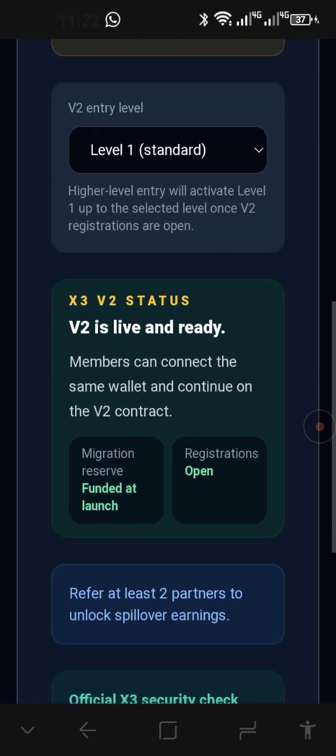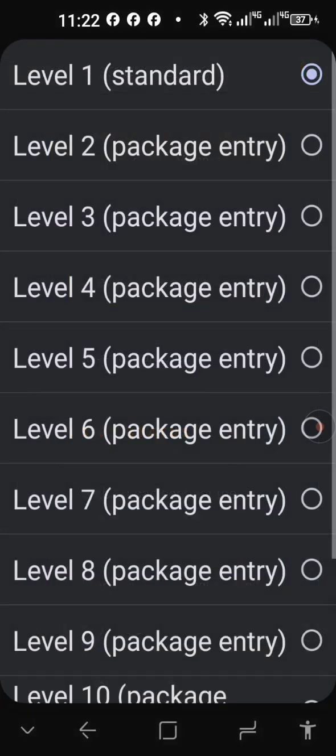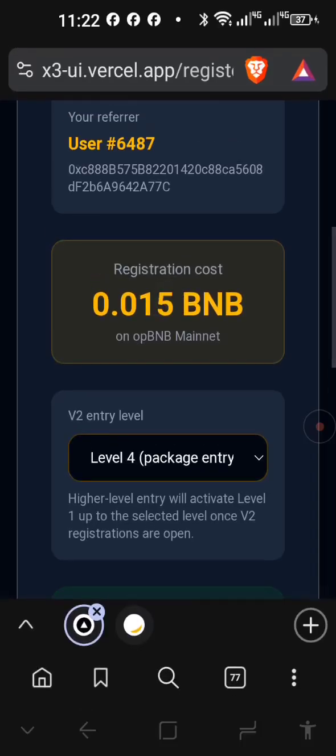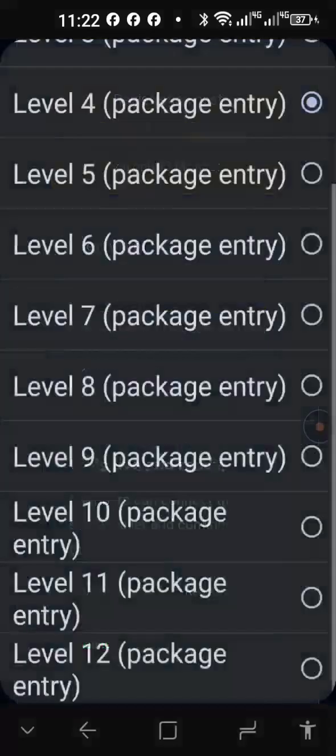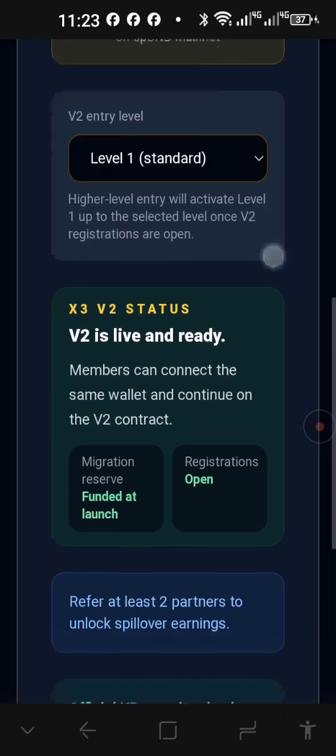Right, you're going to select level 1. You can choose right from the beginning level 1, 2, 3, 4, 5, and you see the value will change there. You just need to have that in your wallet, and you can upgrade right from the start. But we're just going to do a standard registration here, level 1.